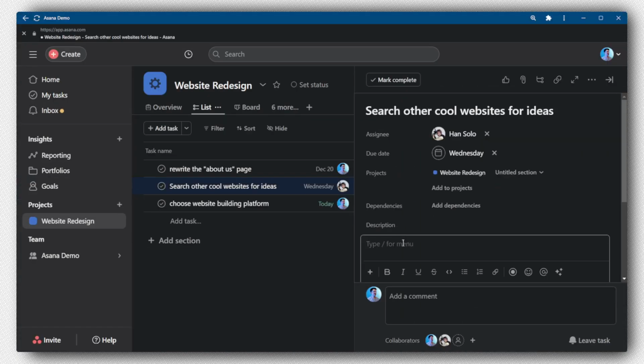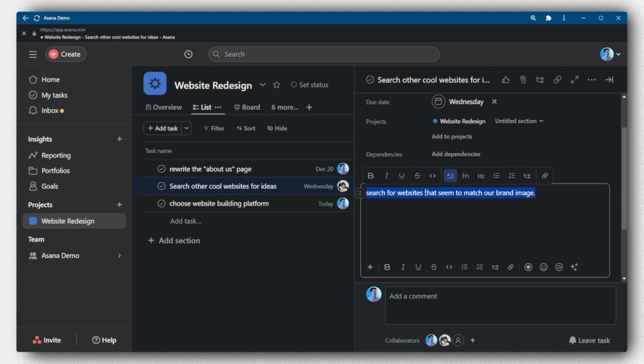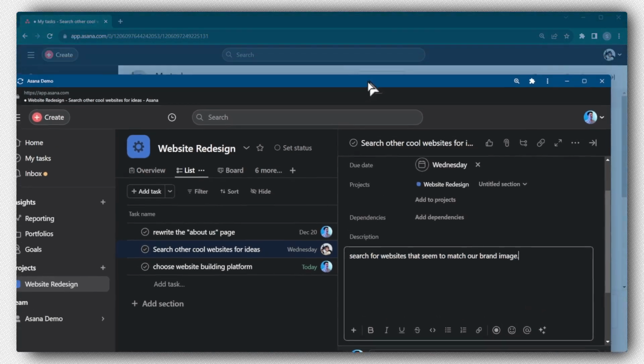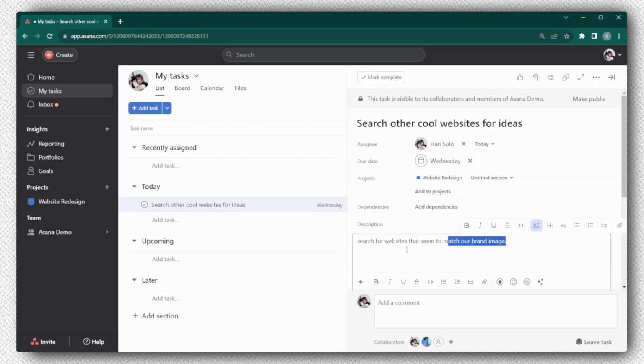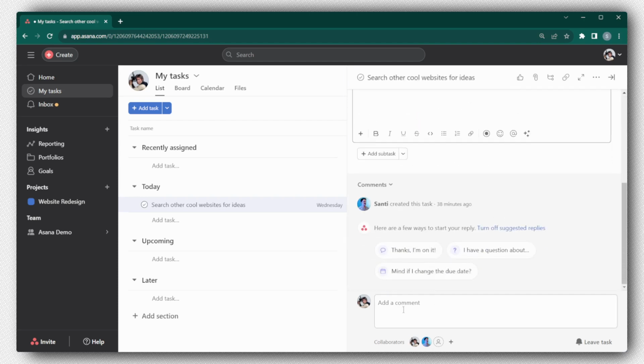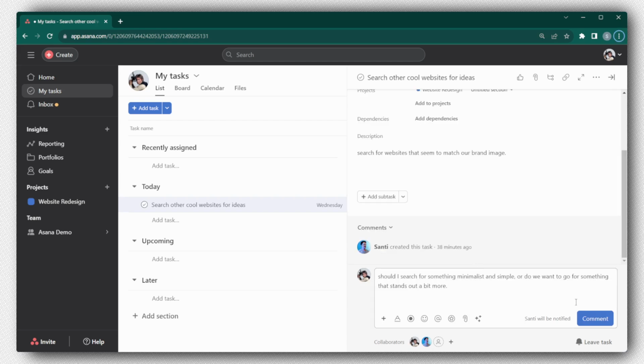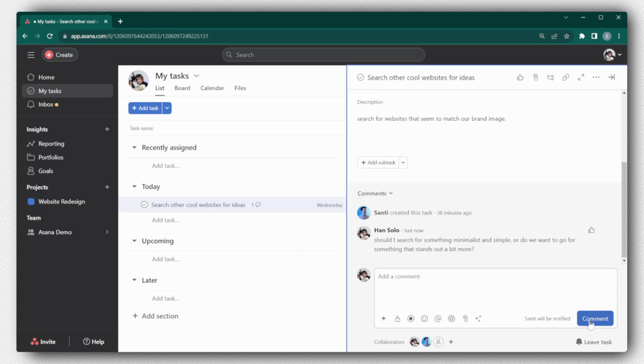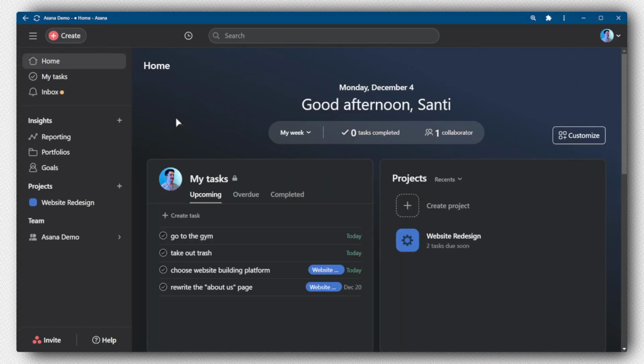He's definitely gonna need a bit of context, so I'm gonna say, search for websites that seem to match your brand image. And then when Han Solo opens his account, he's gonna see this description, and if he has any follow-up questions, he's able to ask them in here, in the comments. This is a question that they ask. So they're gonna comment, and back in my Asana, I'm gonna be going about my day, and then I see,